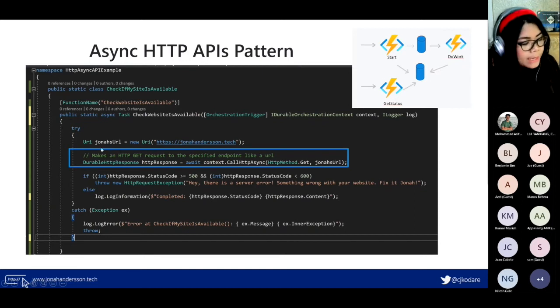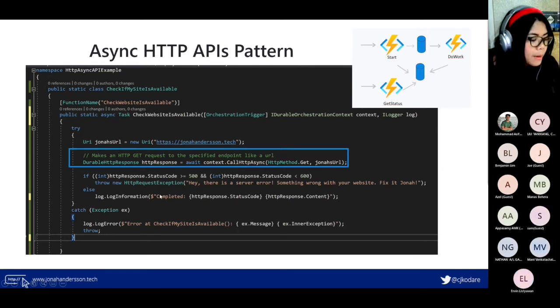For my mini example, I have my website, jonahanderson.tech, and I want to have a GET method, pass in the URL, and I have a durable HTTP response object, which I could work on to get the status, so if it's 500 or 600, not 600. Otherwise, I will log and process further the content of that response of my website. You can use this as well in other endpoints or APIs.